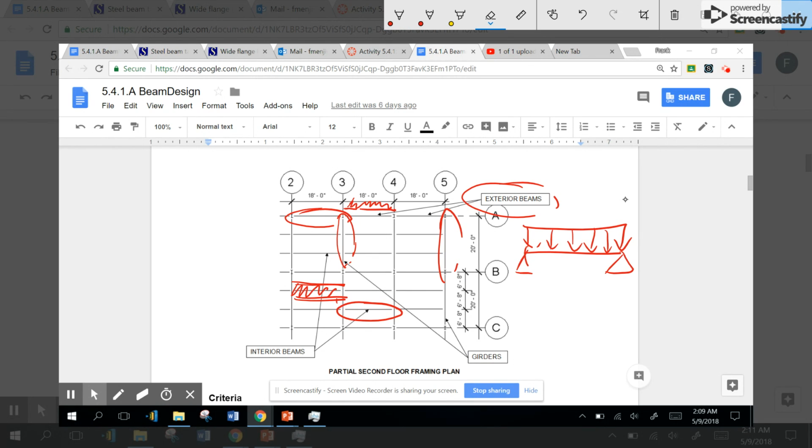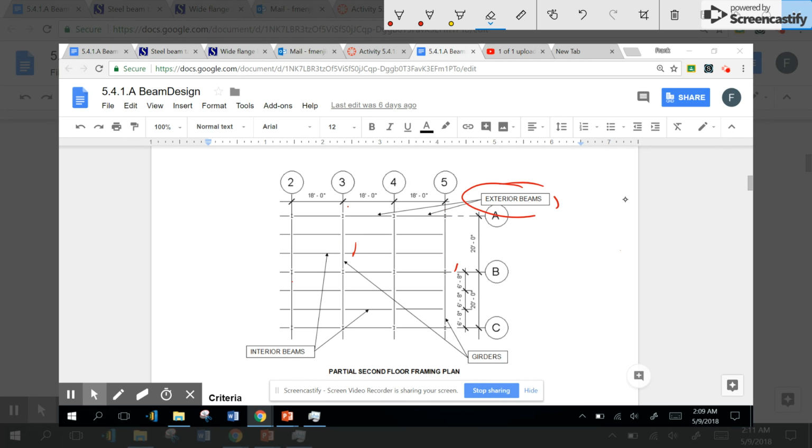Okay. Now, I'll move on to the girder. So let me erase this. Okay, let's start off with the easier one, I guess. Exterior beam. So this is an important thing to note. The exterior beam is simply supported by